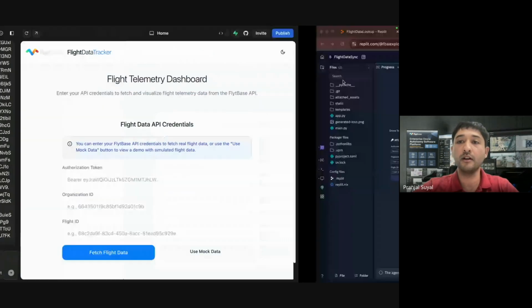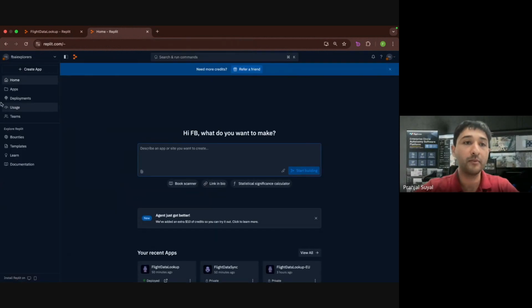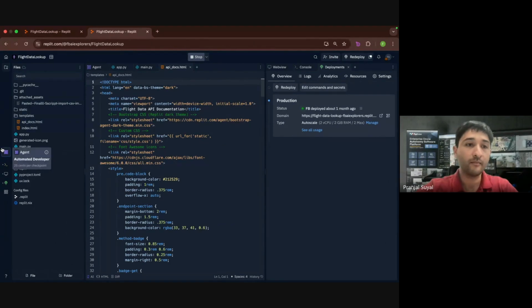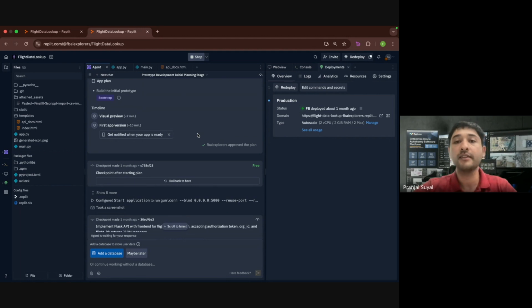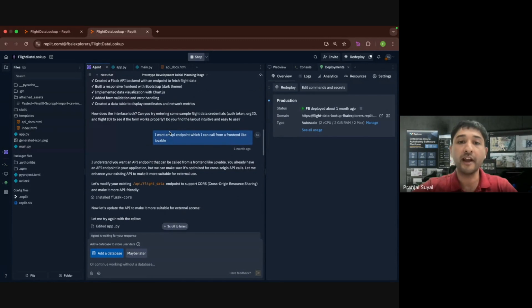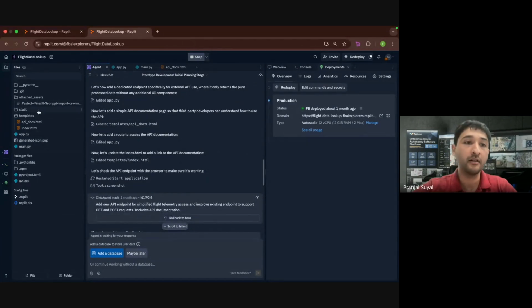So let me show you how I did that. So here's the app that I deployed. Replit also has an AI agent, which you can simply use. So I simply pasted what I want, and I sent it the same Python script that I had created in Colab, and then I told it that I wanted an API endpoint, which I can call from a front end like Lovable. It did its thing and created this